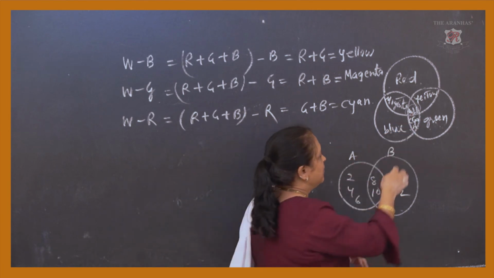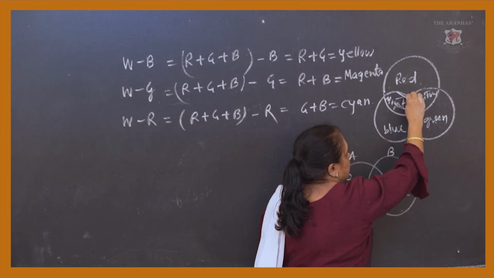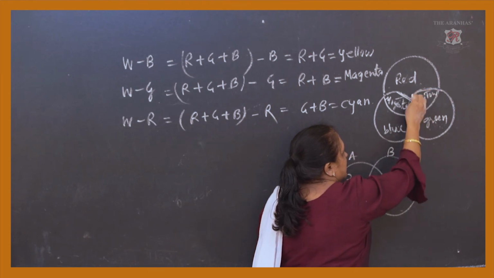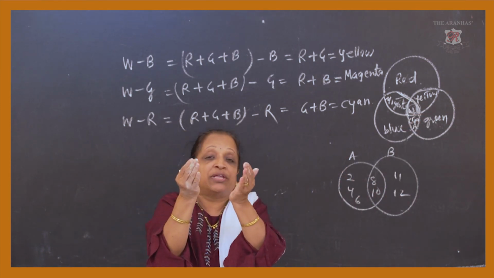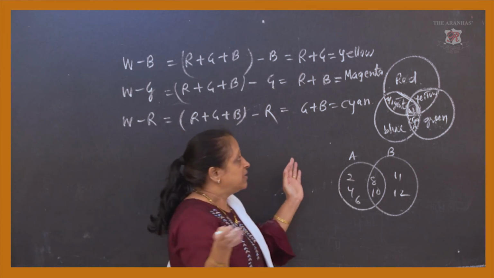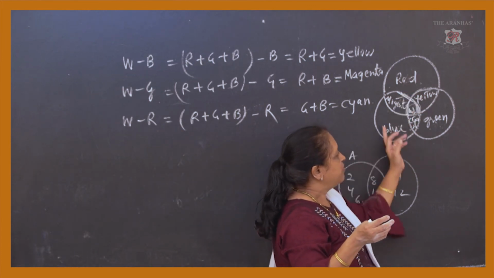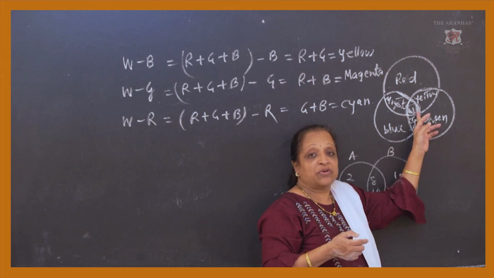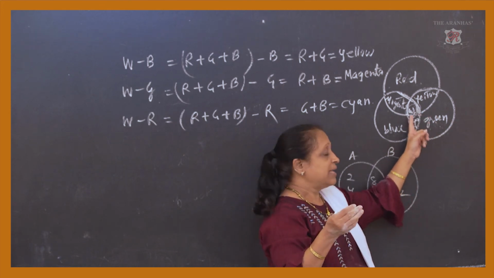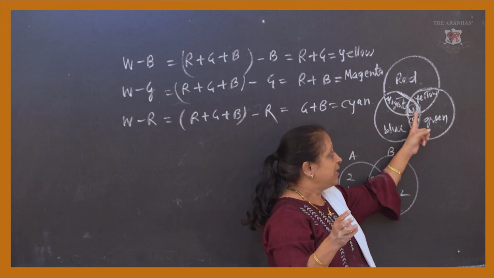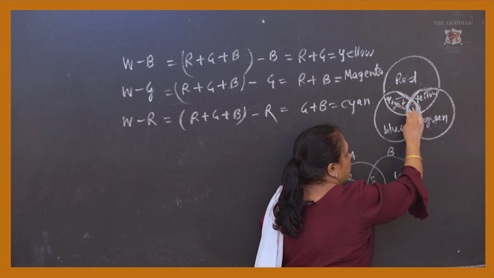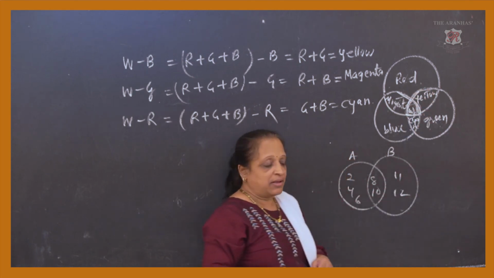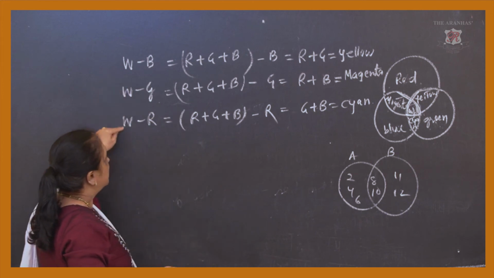Then white is, if you notice, the blue circle, then the green circle and the red circle. This triangle in there is the common intersected point of the region that we have. And all these basic colors, the primary colors red, blue and green, are the components of the white color. This is a part of the white color. That means white is common in all. Therefore, white is written over here, which is a zone of blue, zone of green and zone of red color. So therefore, everywhere white color has been taken.